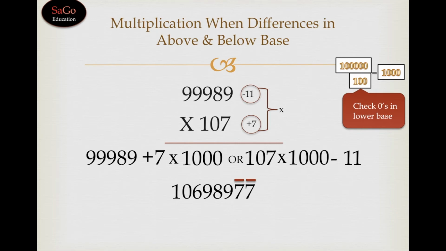So let's apply. 10 minus 7 is 3, write 3. 9 minus 7 is 2, write 2. Take the predecessor of the other digit, which is 1069888. Write down